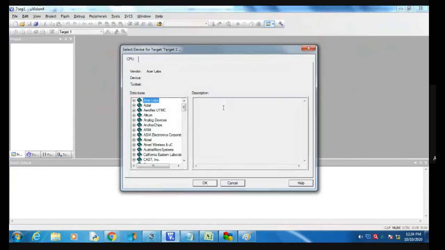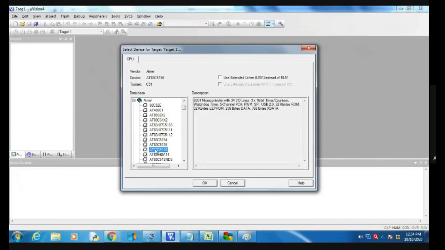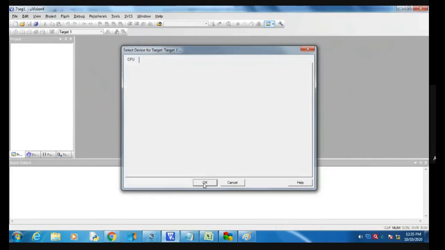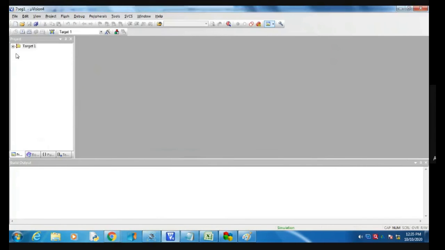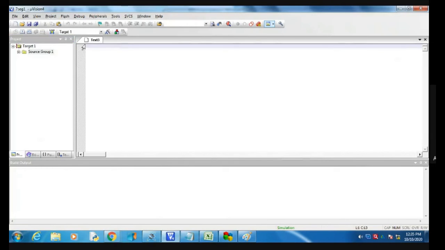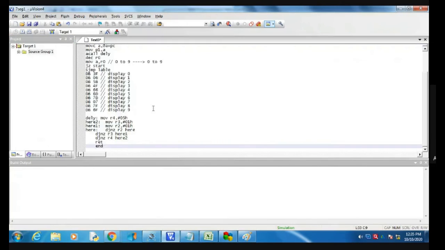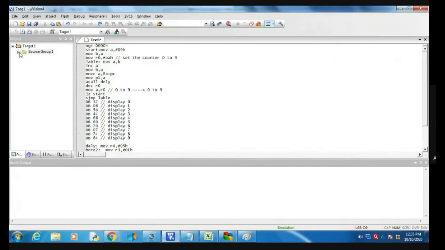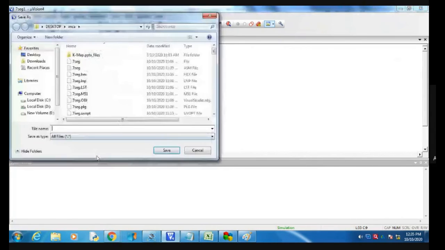Take 8051 RD2, make all S. Then I'm going to paste this program. Okay. Save this program as 7 segment dot ASM.